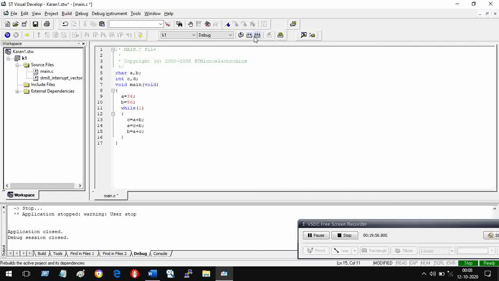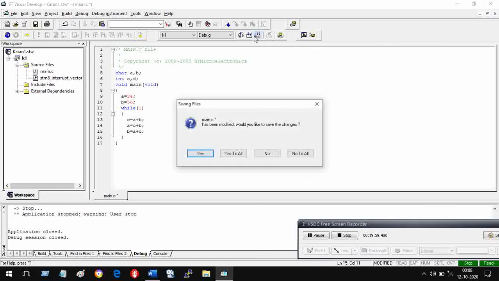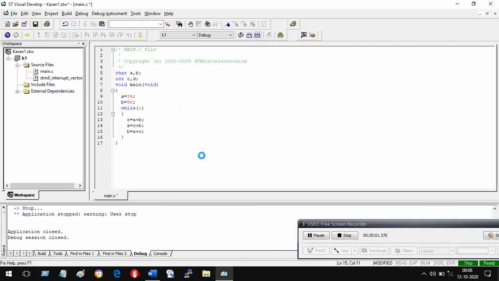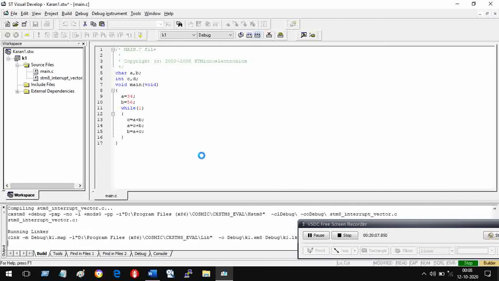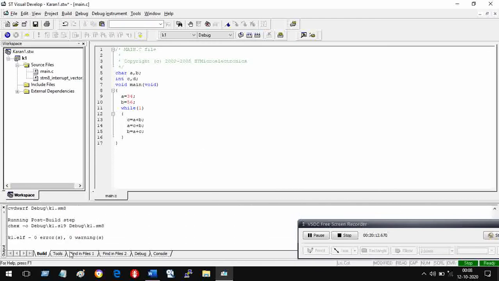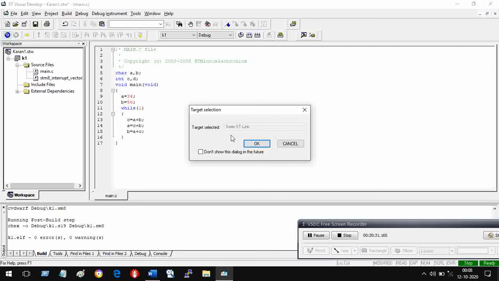First I have to build it. Yes. Again, you can see what is happening here. So 0 error, 0 warnings, and your program is ready for debugging. You are in the debug mode here. So I go to D for debugging, start debugging. You can see that caption is also coming, start debugging. Then it will again ask what device you have for programming.